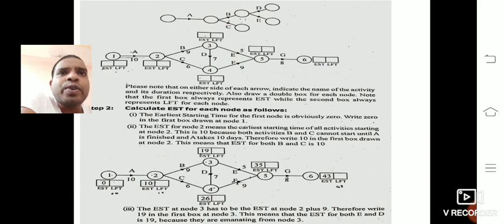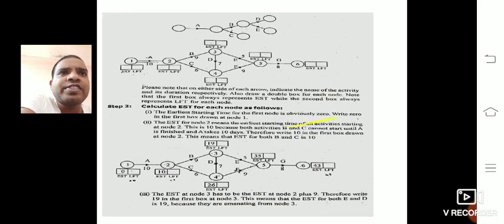And also we need to write the durations. For A the duration is 10, so we write 10. For B it is 9, written in the middle near the arrow. For C it is 6, for D 7, E is 5, F is 9, G is 8.